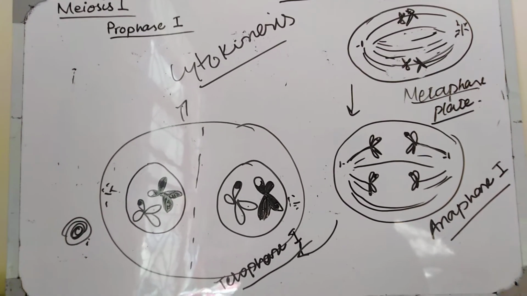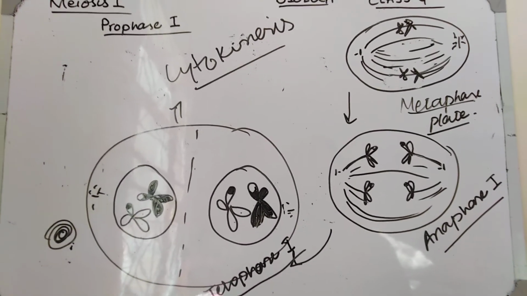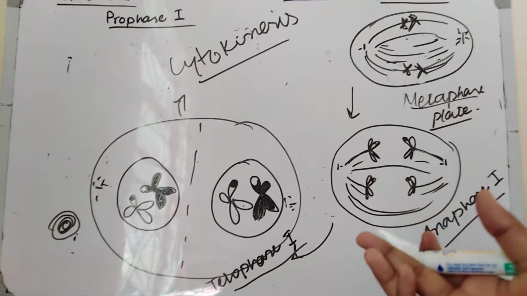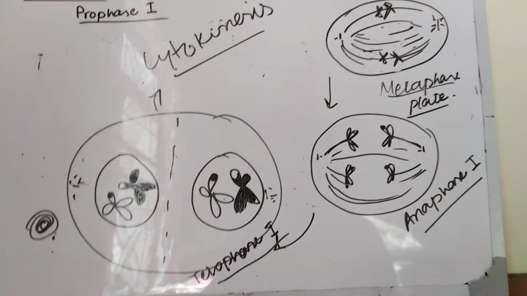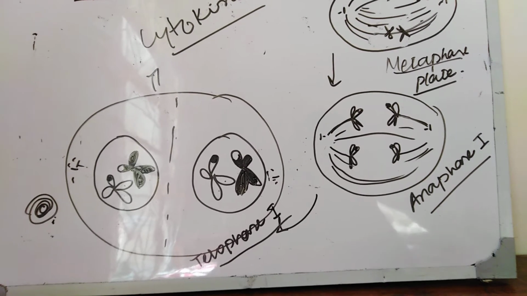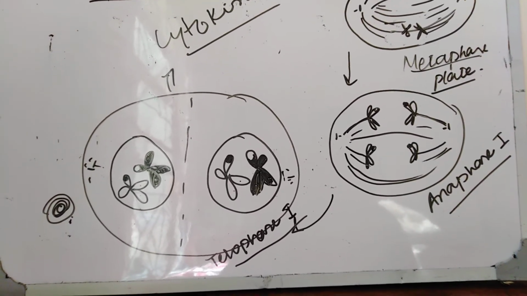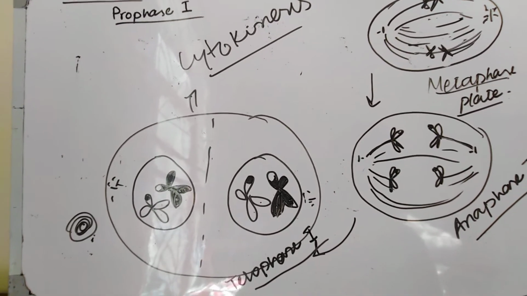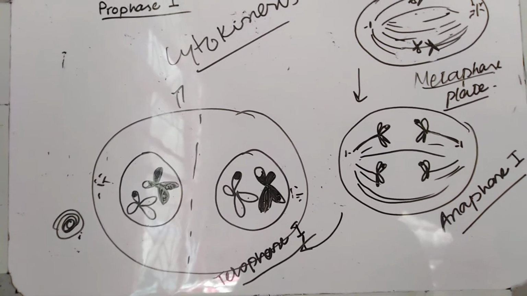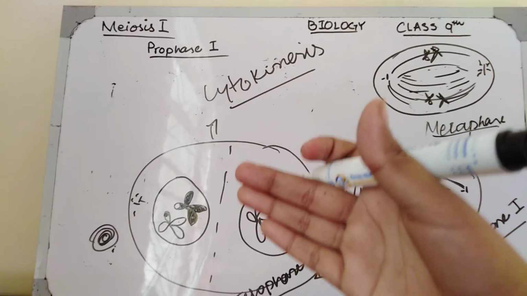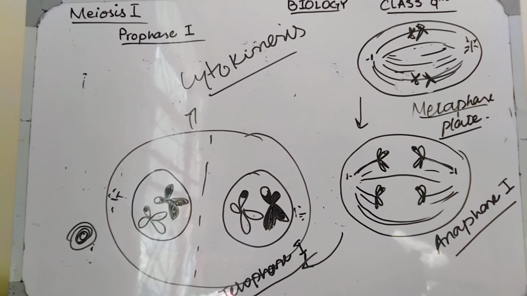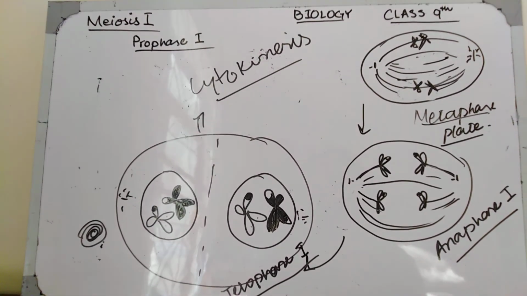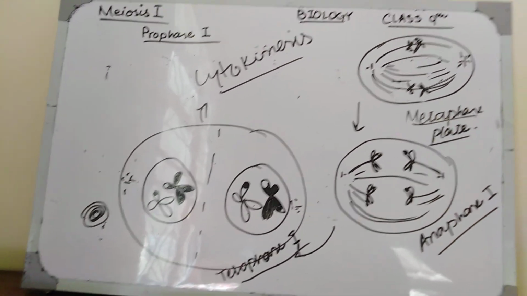Cytokinesis is actually the division of cytoplasm. It will occur between two daughter cells. Then cell division will be completed after cytokinesis, and the cell will enter interphase 2, which is also known as the resting phase. The cell will go on a rest period for an indefinite period of time, and there will be no S phase and no duplication of chromosomes in interphase 2 because it is the resting phase of the cell. After interphase 2, the cell will enter meiosis 2.